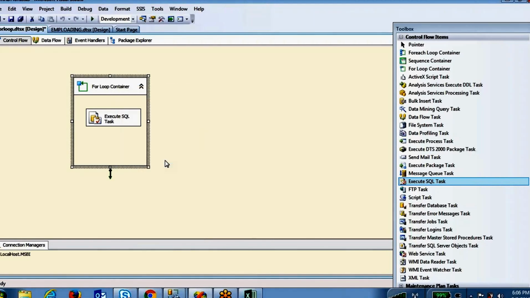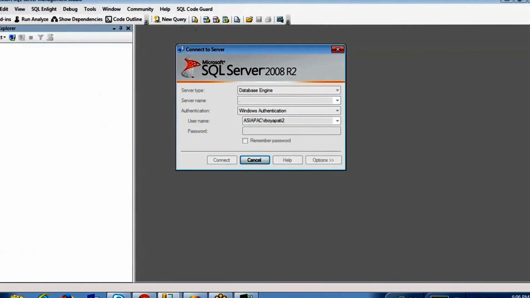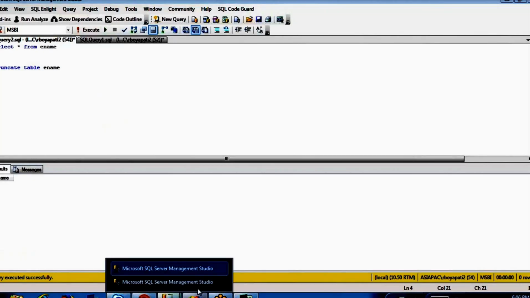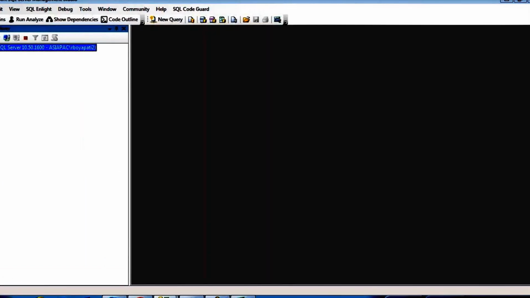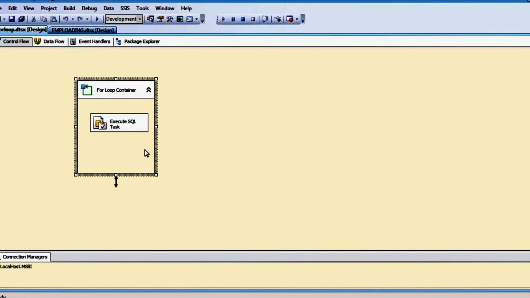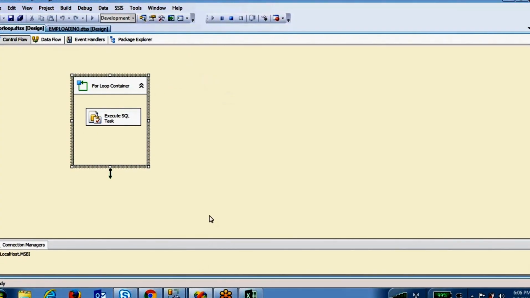Right click, execute container. It is starting the execution.